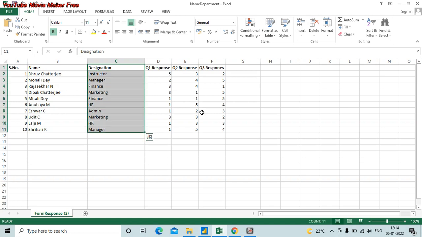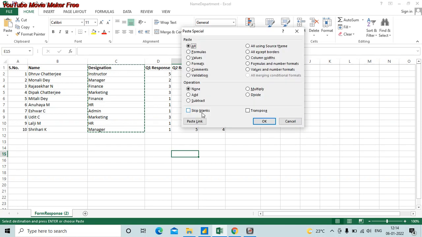So what we'll do is we'll copy this data. I'm pressing Ctrl+C on my keyboard to copy. I will paste it somewhere below, because I want to see the results there. So what I'll do here is Ctrl+Alt+V. This will give me the paste special dialog box.